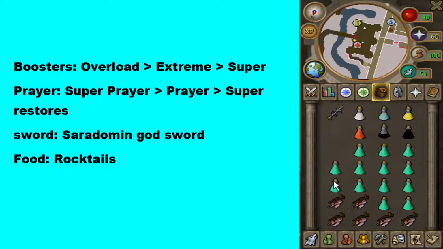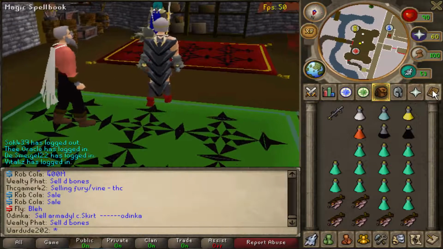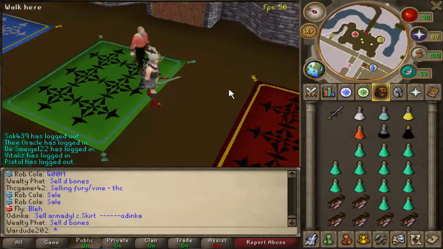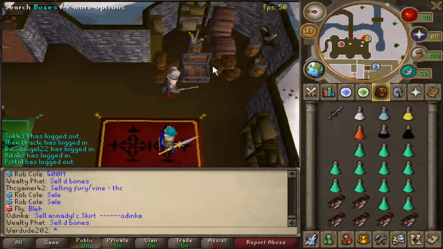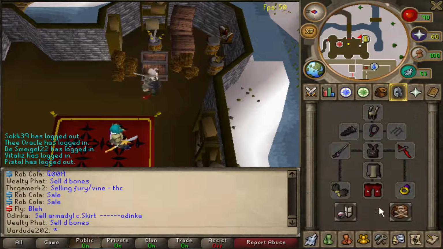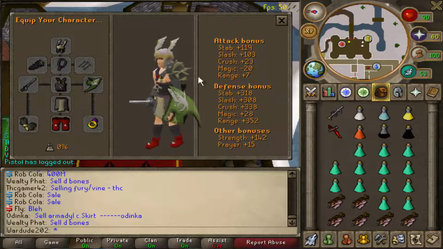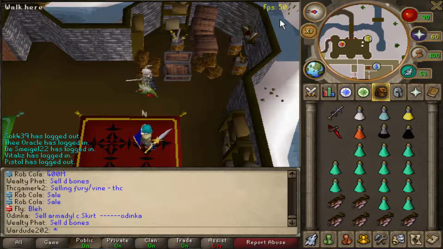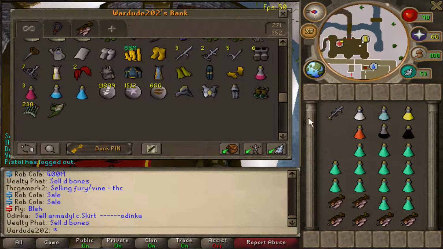You can copy my inventory, you can adjust it depending on your gear. If you have better gear, honestly a full inventory of prayer pots and overloads and whatnot would be a lot better. But honestly, Saradomin Godsword is possibly one of the better setups. As I'll quickly show you now, an alternative to the gear is you could use a Divine Spirit Shield. Currently the Divine Spirit Shield will negate a whole bunch more damage just for that defense bonus if you're getting destroyed. But there's a specific tactic you're going to want to try and use for Bandos, so that's why I'm using the